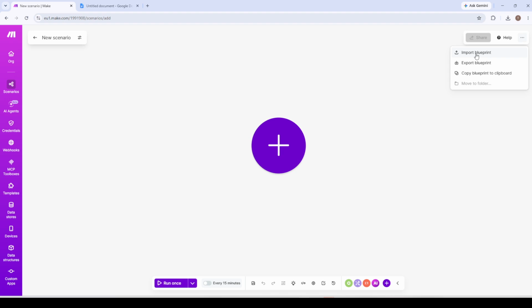Click those 3 dots and a small drop-down menu will appear. From that menu, select Import Blueprint. This is the option that tells Make you want to load a complete scenario from a saved JSON file rather